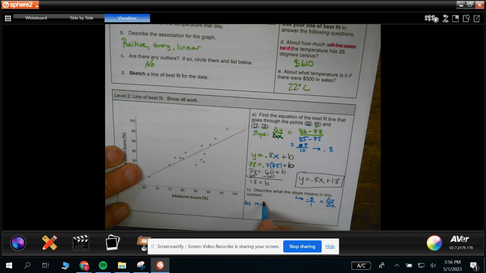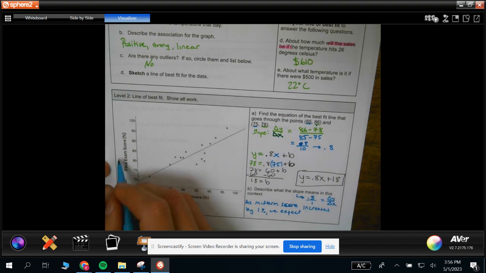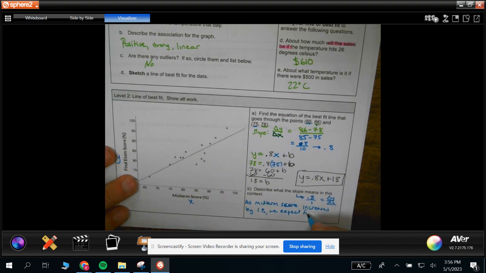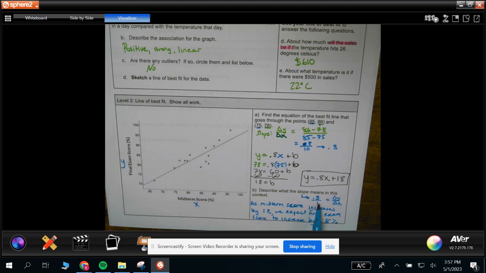So as midterm score, that's my x value, right? That's my x value. So as my midterm score increases by 1%, we expect our y value, delta y, our final exam score to increase by 0.8%. Essentially, we're just explaining that as delta x changes by 1, because it's 1 right there,